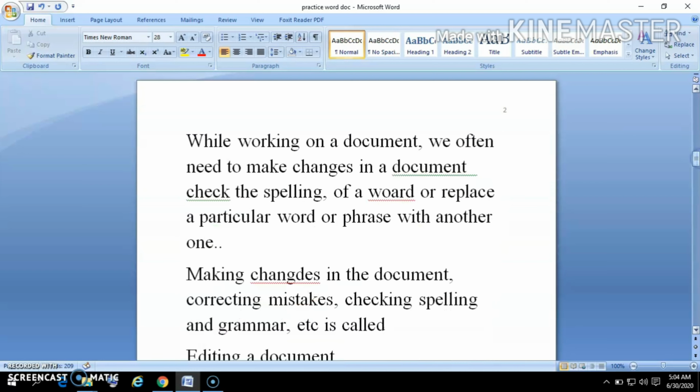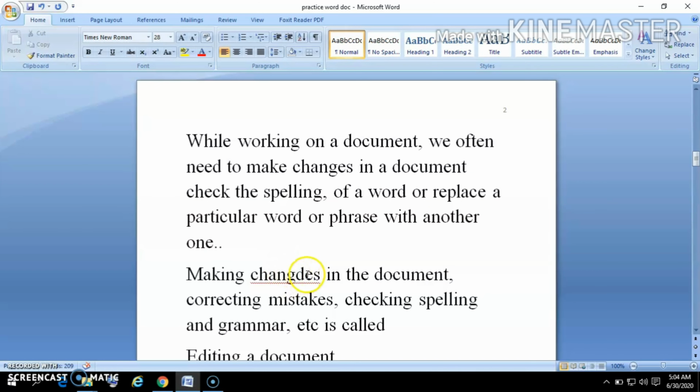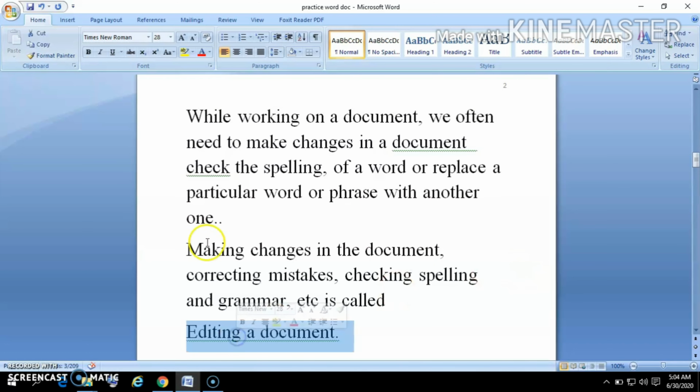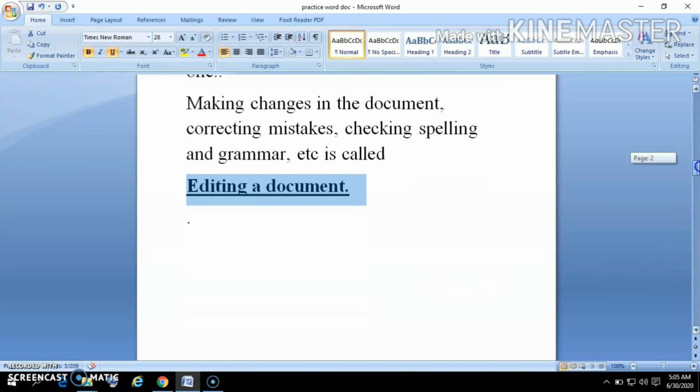As I have already explained, editing a document means making changes in the document. Let's see. Suppose these are some of the words in this document which have spelling mistakes and I want to correct them. Over here, like this word, I'm correcting by using the backspace key. Over here again, a spelling mistake, I'm correcting. In this document, I'm making it bold and underline. So these are the changes we are doing. So this is what editing a document is.